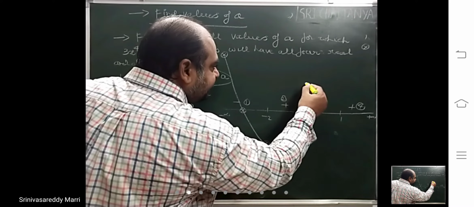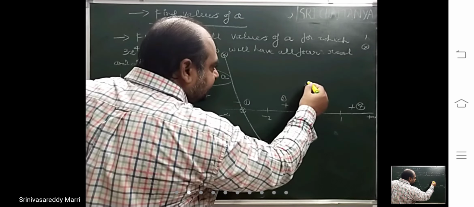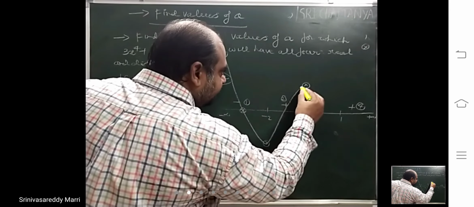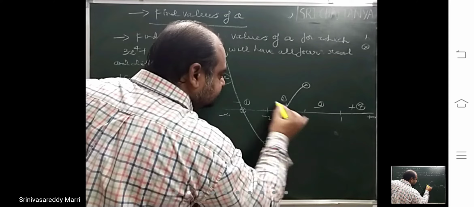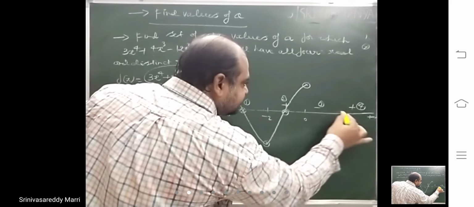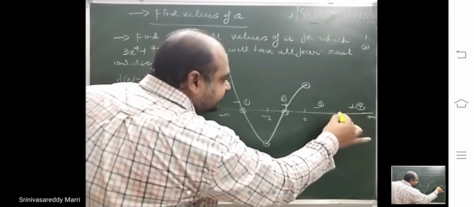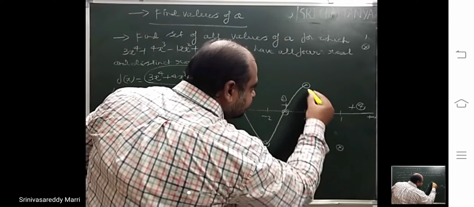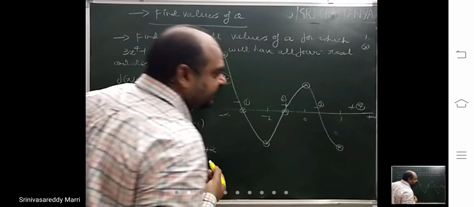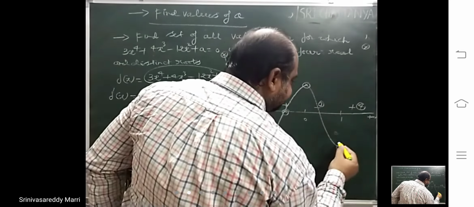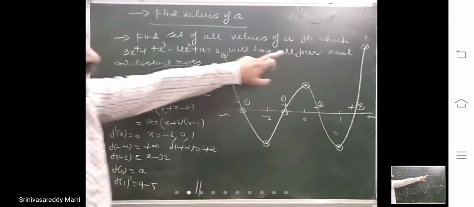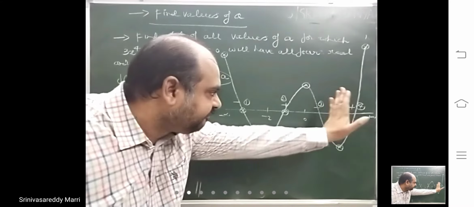f of 0 must definitely be positive. That means at f of 0, the point must be there. From bottom to top you connect, there will be one root here. Then one root must be there between 0 and 1. f of 0 is positive, so definitely f of 1 must be negative. That means the graph will be like this. Obviously, f of infinity is positive only. It will go like that, increasing. That means if it has to be 4 real roots, definitely the graph must be like this.